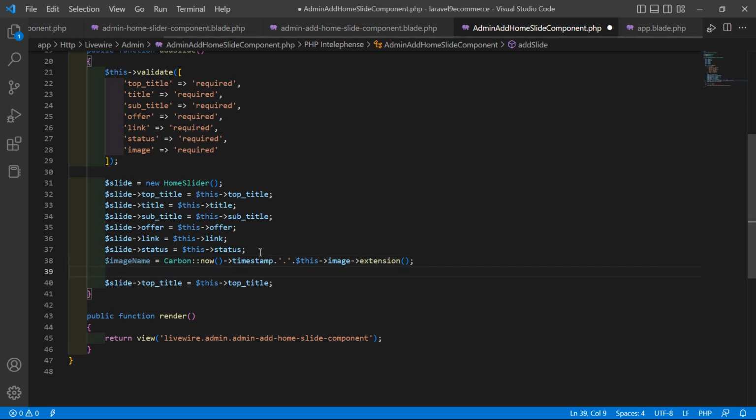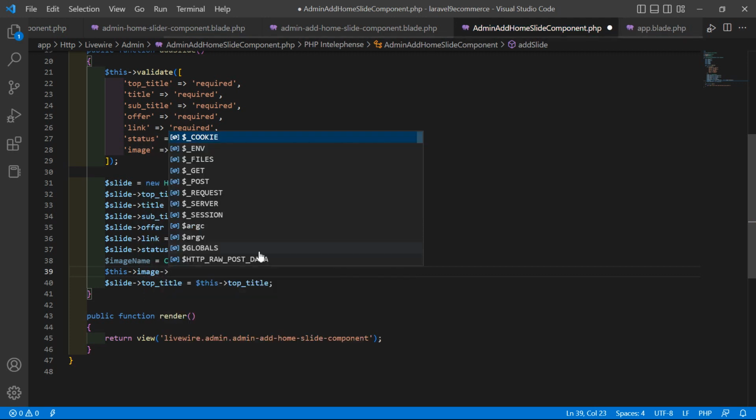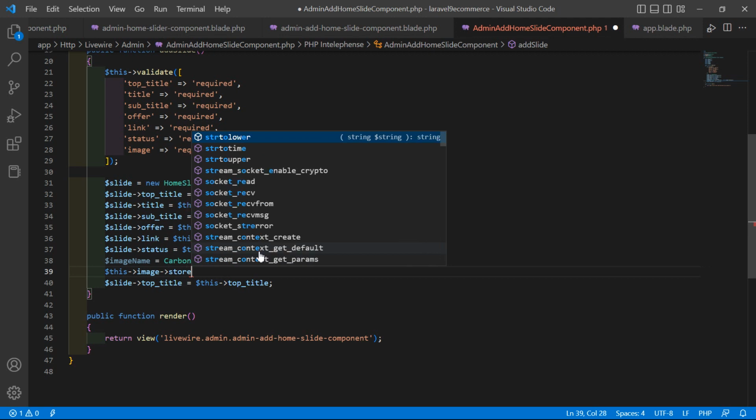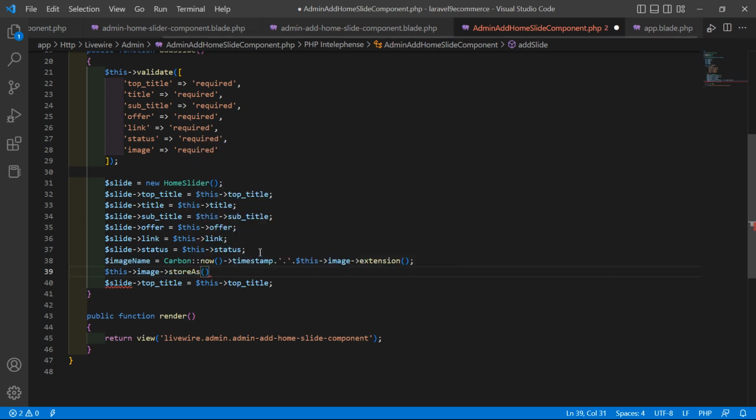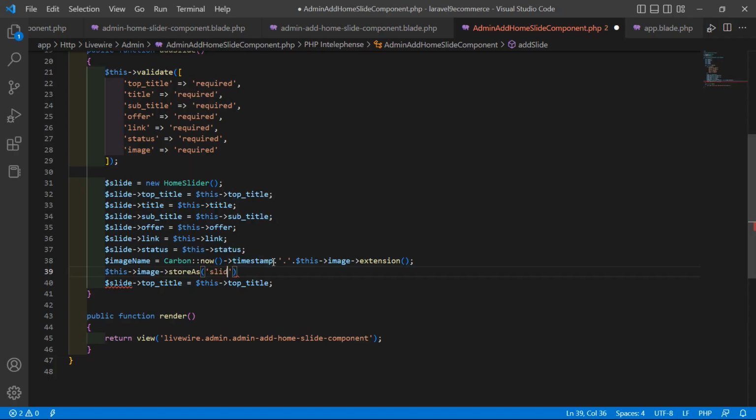Okay, and then let's save this image. So call here dollar this arrow image and call the store method, storeAs, and pass here the path. Okay, so which is the image name inside the assets imgs slider. Okay, so write here slider and pass here the image name, this one,